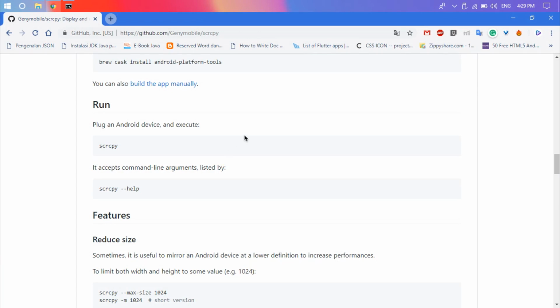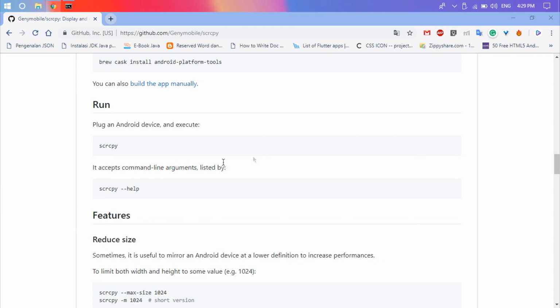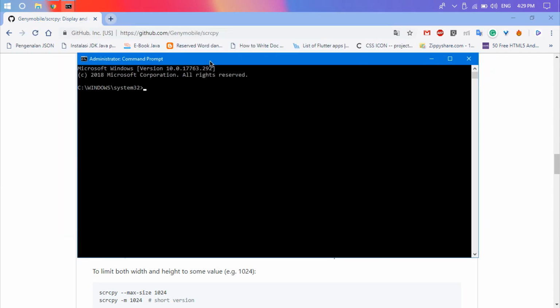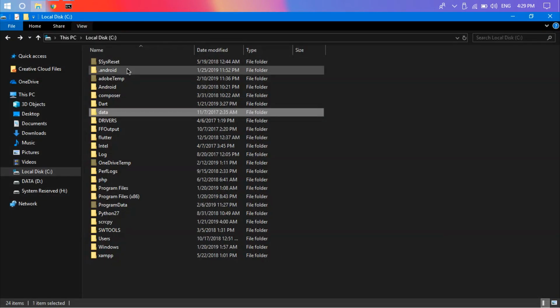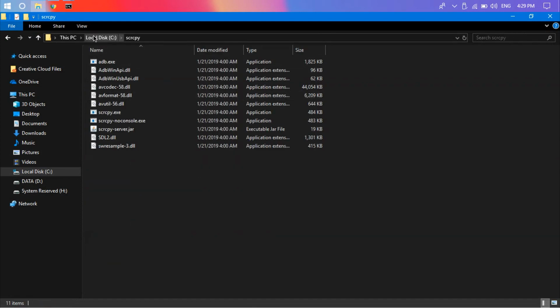Okay, and the next step is to open Command Prompt. Here I open it as admin. And the next step is we need to go to the Scrcpy directory. In this case, my Scrcpy directory is on the C drive, scrcpy.